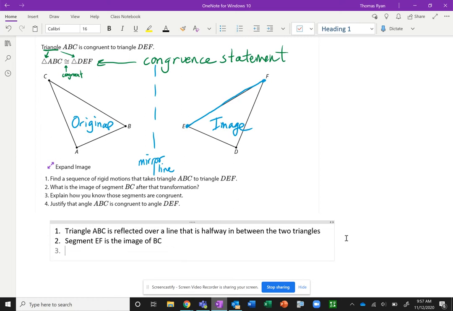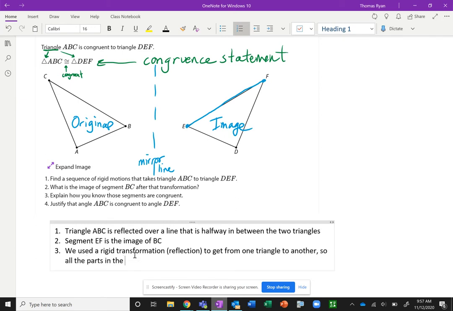3 says, explain how you know these segments are congruent. Well, how we know is because we used a rigid transformation. We did a reflection to get from one triangle to another. So all the parts in the same position are congruent, right? That's all we're saying is, when things get flipped over in a reflection, then all the parts that resemble each other, since we didn't change the shape or size because we did a rigid transformation, then they're